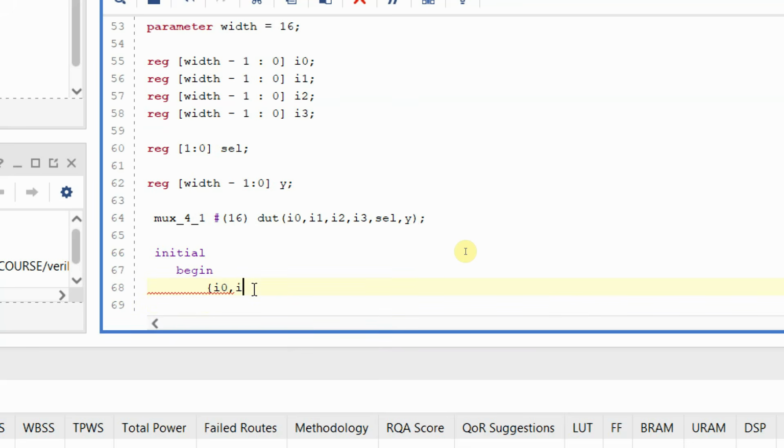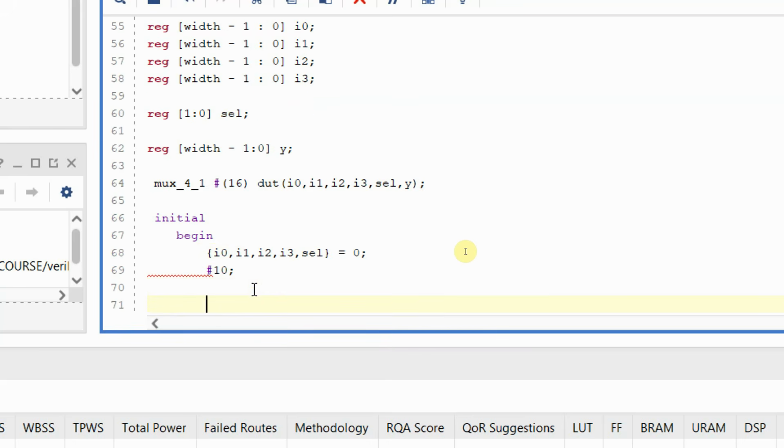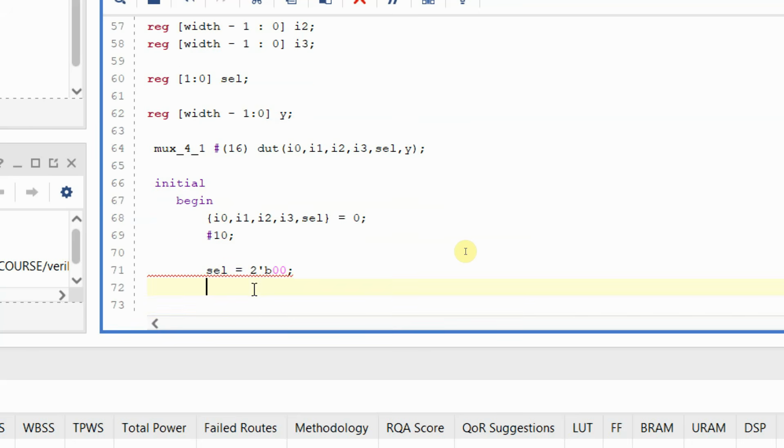Within an initial block, first let me initialize all the variables I0, I1, I2, I3, and select, which is equal to 0. And after some time, let me give all the combinations of I0, I1, I2, I3, and select. So let's say select is equal to 2'b00, and